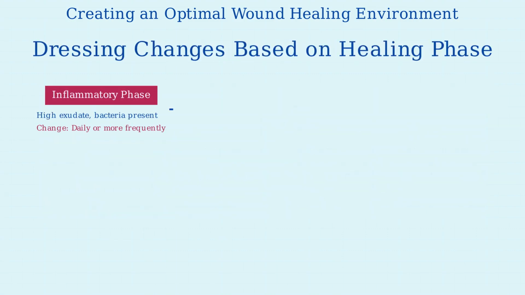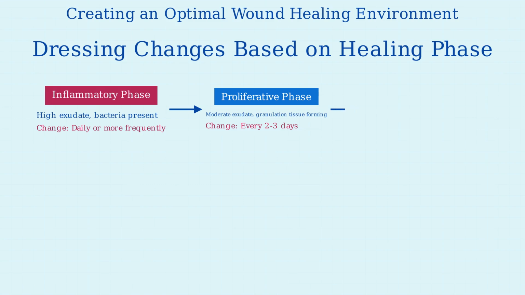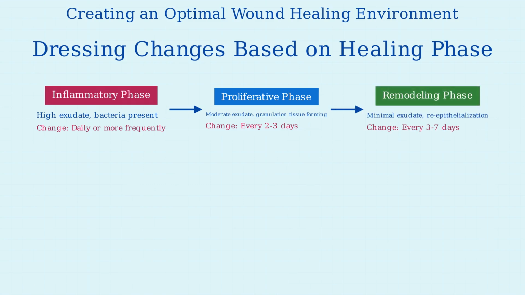The optimal frequency for dressing changes varies based on the wound's healing phase. In the inflammatory phase with high exudate, daily changes may be needed. During the proliferative phase with moderate drainage and granulation tissue formation, changes every 2 to 3 days are often appropriate. In the remodeling phase with minimal drainage, dressings may be left in place for 3 to 7 days to avoid